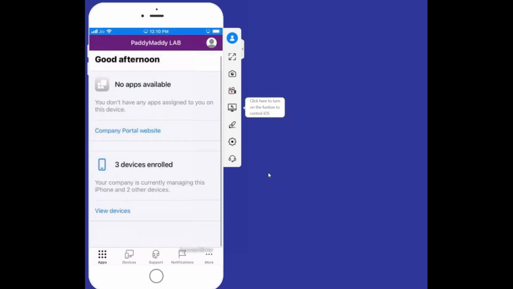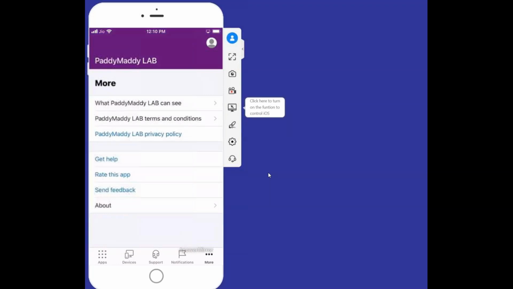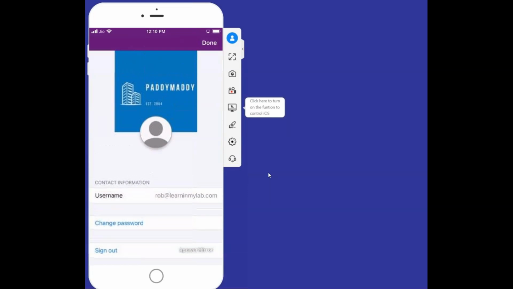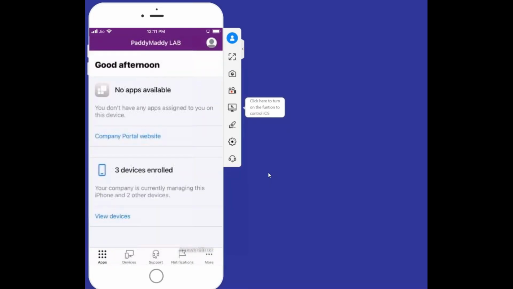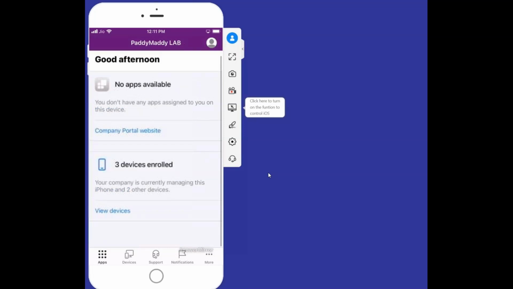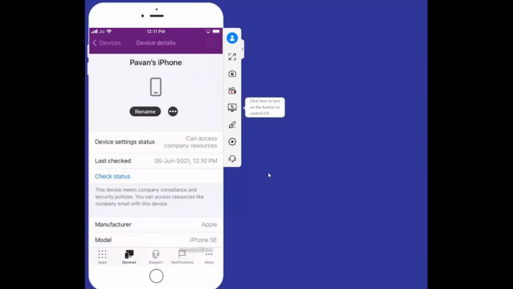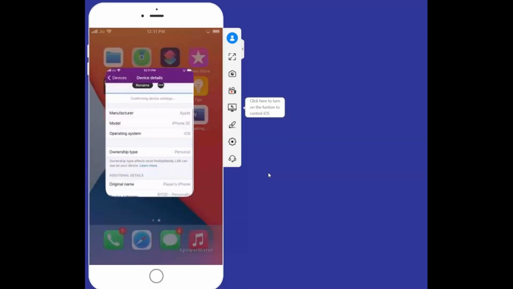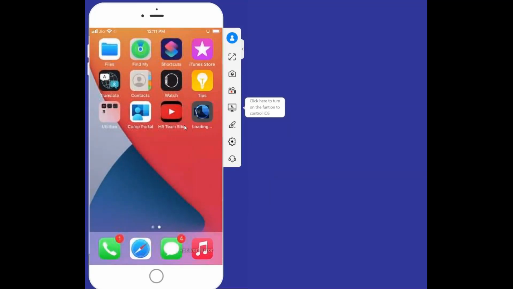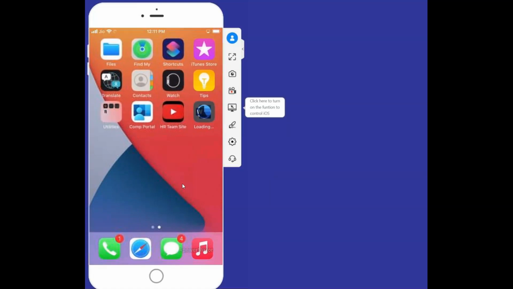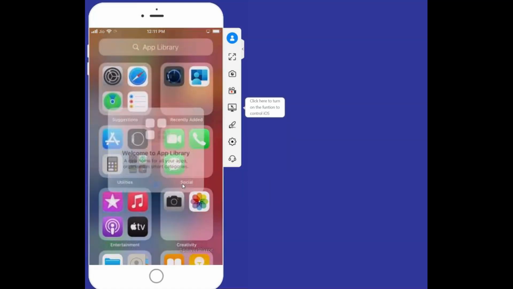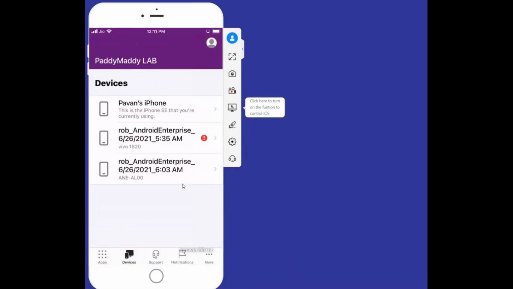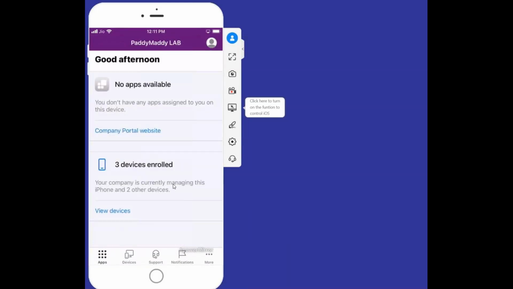In the backend it will do all that stuff. So for iPhone specific, I want to just check the status. That will download everything. So if you see here, Word is getting downloaded. So if you just click on apps,